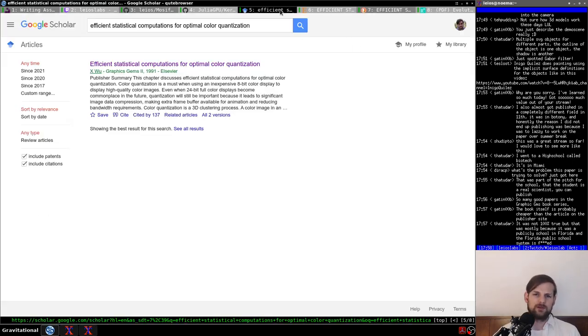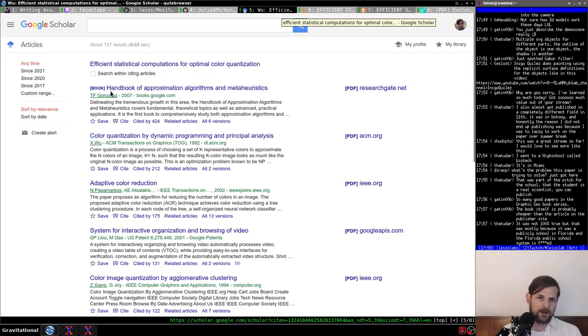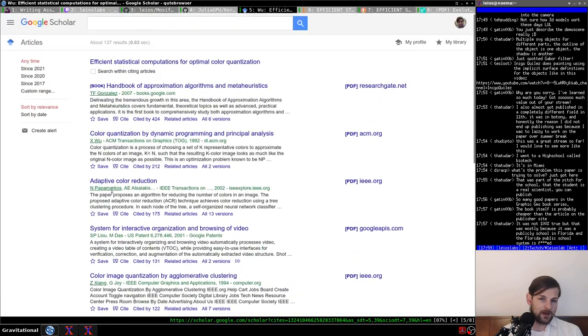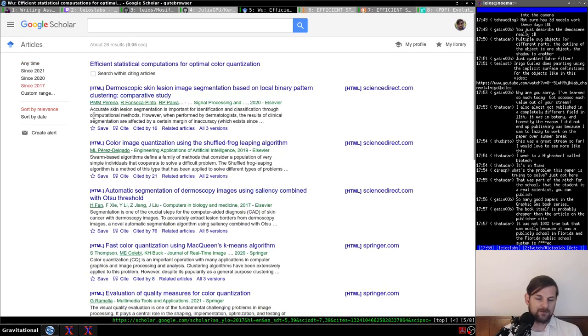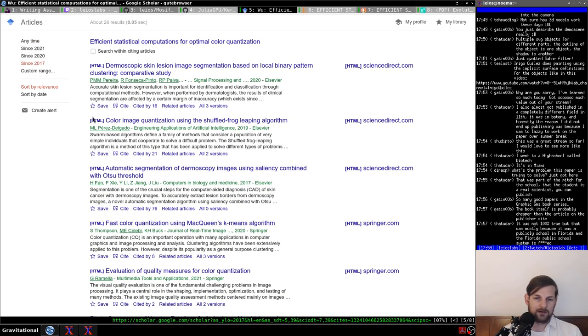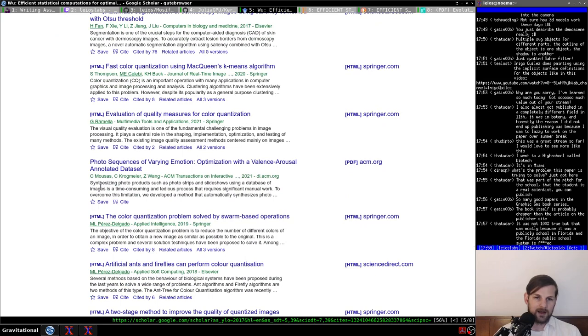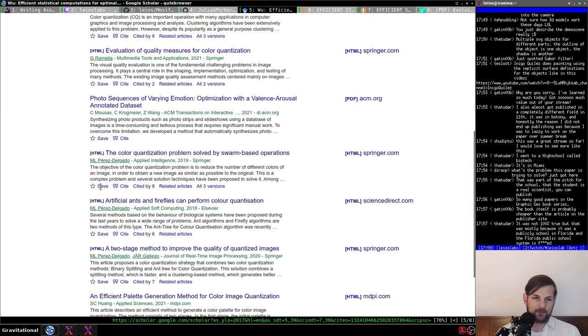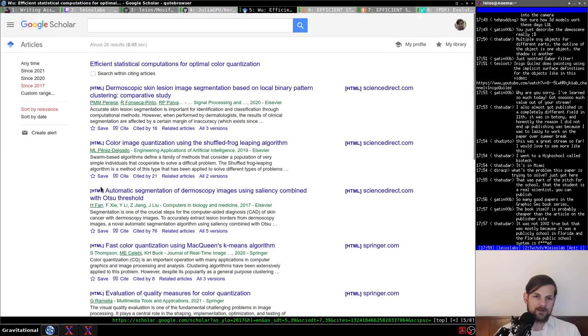Actually, you know what? Here's what I'm going to do first. I'm going to look at forward citations. Color quantization by dynamic programming and principal analysis, adaptive color reduction. A color reduction may be what I actually want to do. Let me see if I can find anything from 2017. Color image quantization using shuffled frog leaping algorithm. See, this is the thing. Anytime you dive into these, you realize there's so many other papers to look at. Evaluation of quality measures for color quantization. Let me see if I can just do GPU in,